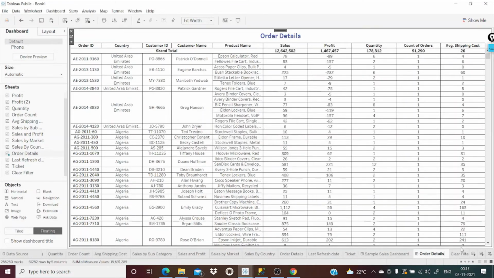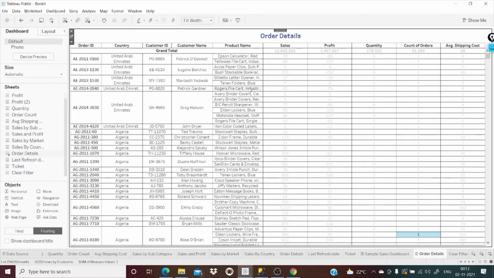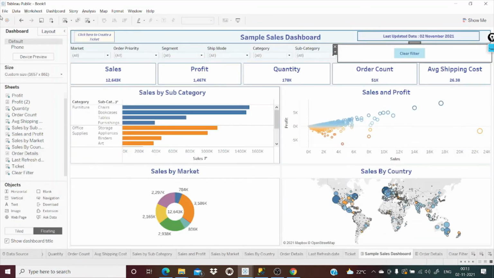Give one space. What I was saying is, suppose the user clicks on India, it should redirect to the order details page showing only India's order details, not any other country. Now this is fine. Now we'll create that action.